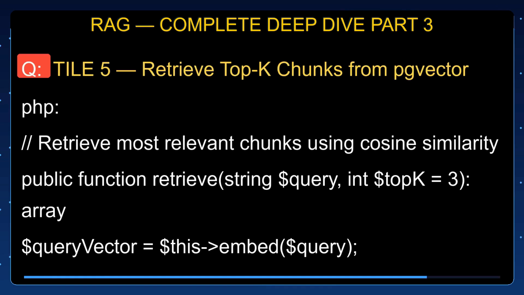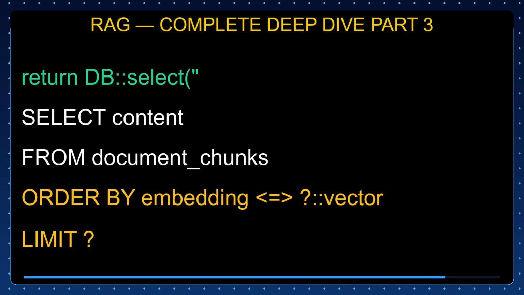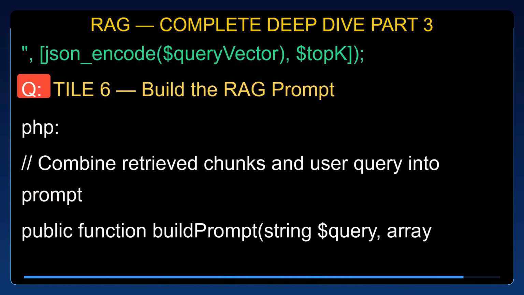Q. Tile 5. Retrieve top K chunks from pgvector, PHP. Retrieve most relevant chunks using cosine similarity. public function retrieve(string $query, int $topK = 3): array { $queryVector = $this->embed($query); return DB::select("SELECT content FROM document_chunks ORDER BY embedding <=> ?::vector LIMIT ?", [json_encode($queryVector), $topK]); }